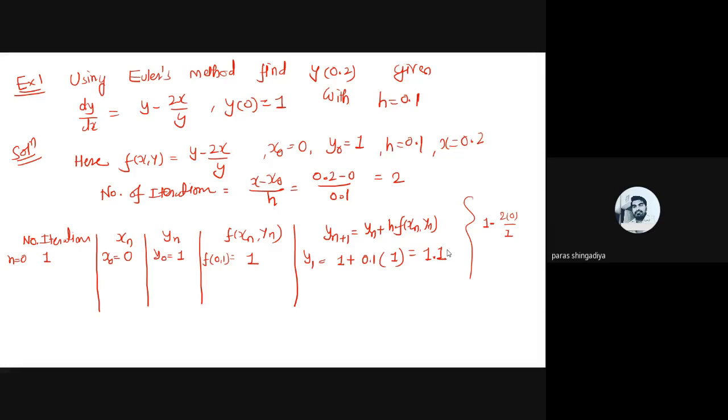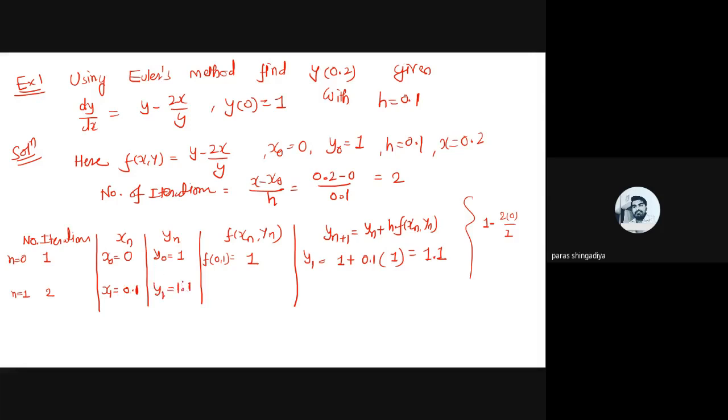Okay. So now let us predict the second iteration. In the second iteration, we define the data for n is equal to 1. So xn will become x1. How can we check x1? We just add 0 plus h, so 0 plus 0.1. So x1 will become 0.1. And if x2 is required, the value of x2 will be 0.2. If x3 is required, x3 will be 0.3 and so on. You just have to keep adding h, and follow the sequence x2, x3, x4, x5 and so on. Right now it is not required. Up to x1 is required. So x1 is 0.1 and y1 we have derived as 1.1.